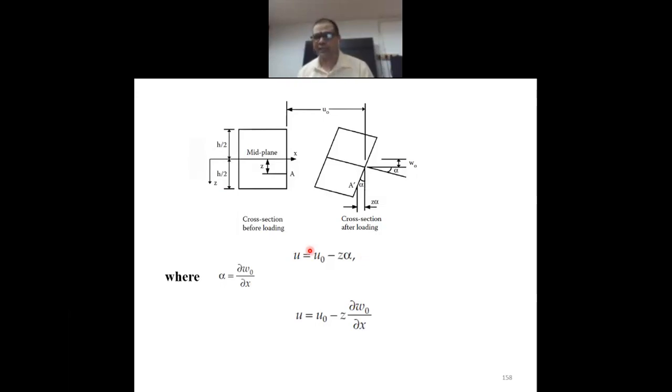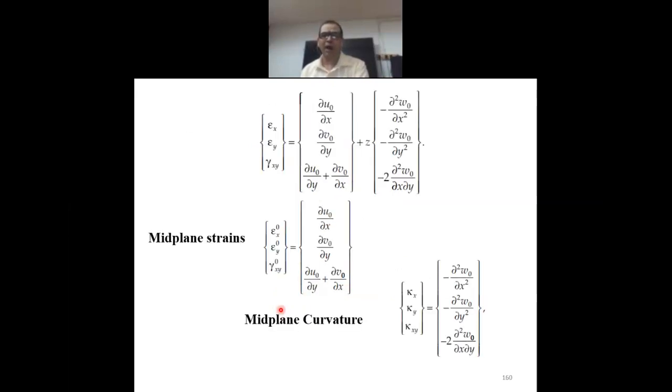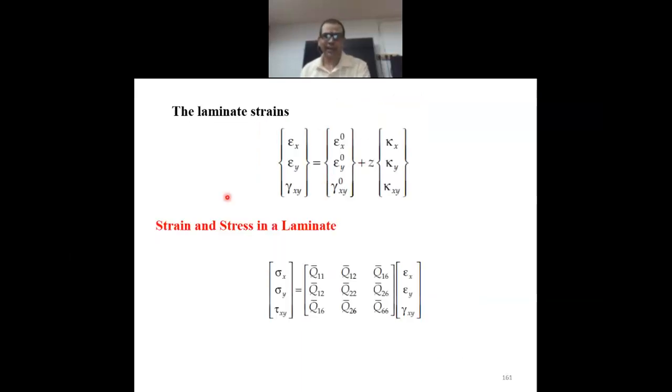What are all the deformations due to these loads or moments, right? And from these deformations, we have to find the stress. That is what this exercise is attempting to do: epsilon x, epsilon y, and gamma xy. Classical lamination theory is used to find these, right? So if you know epsilon x, epsilon y, and gamma xy using classical lamination theory, we can find out the rest.